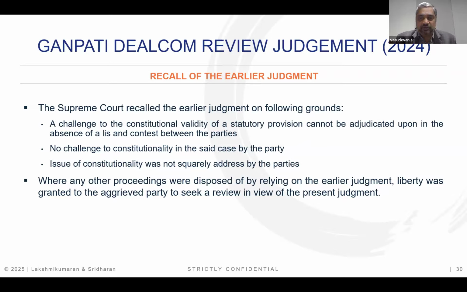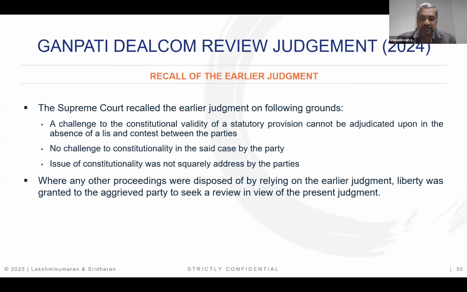Subsequently, when the matter came up for review before a different bench, the Supreme Court was of the view that the Supreme Court in a way crossed the line in the earlier round when they held the pre-2016 law as unconstitutional, because that was never an issue before them. So according to them, the earlier judgment had to be recalled and the matter was fixed for a fresh hearing. And also, the Supreme Court said that wherever the matters have been disposed of by relying upon the earlier Supreme Court judgment, post this review, the department will be at liberty to restore the matter back to the same position